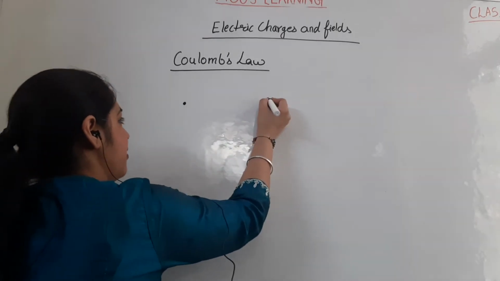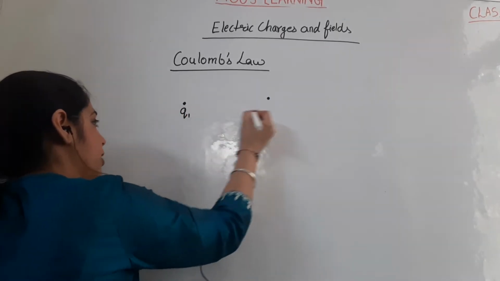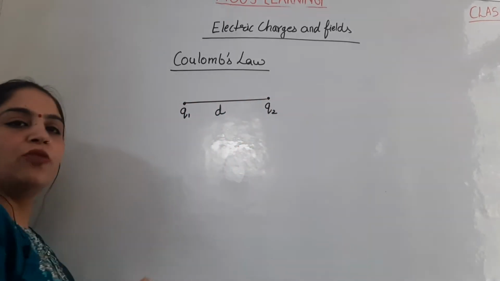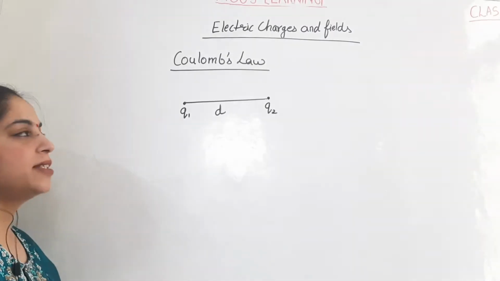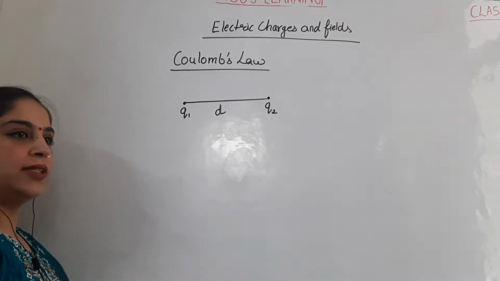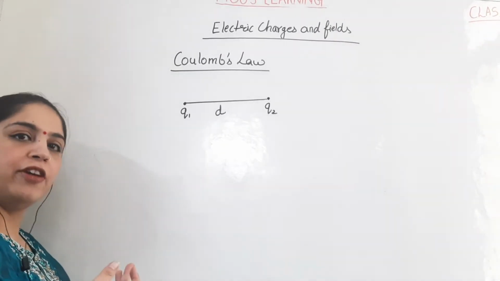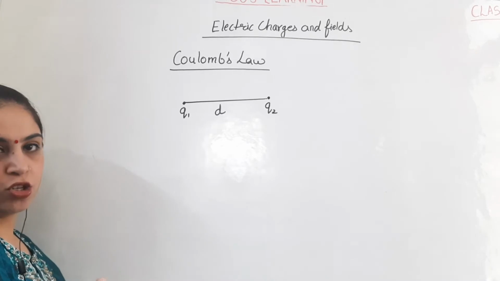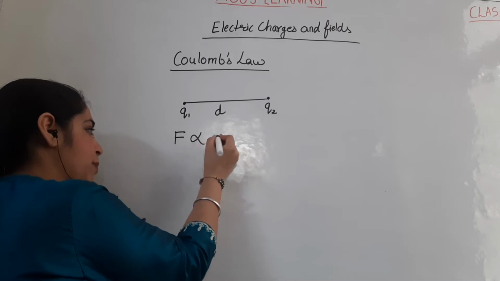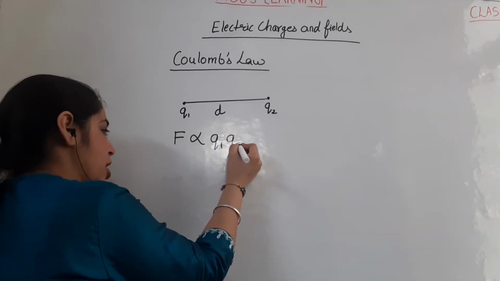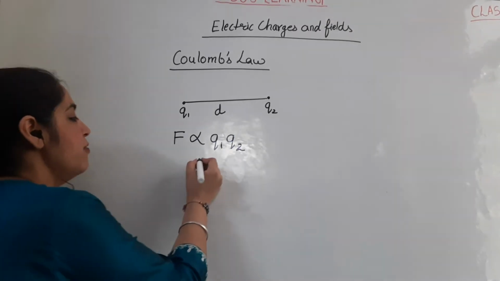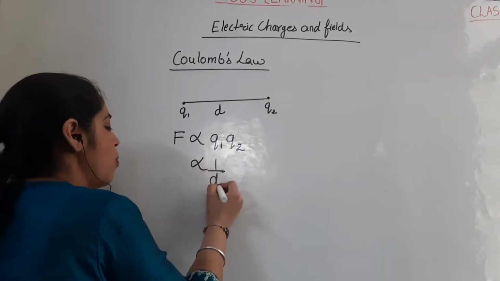So let's consider that we have two charges, Q1 and Q2, which are separated by a distance d. Then there will always be a force between them. The force could be attractive or repulsive depending upon the nature of the charges. This force is directly proportional to the product of the charges Q1 and Q2, that is the magnitude of the two charges, and it is inversely proportional to the square of the distance